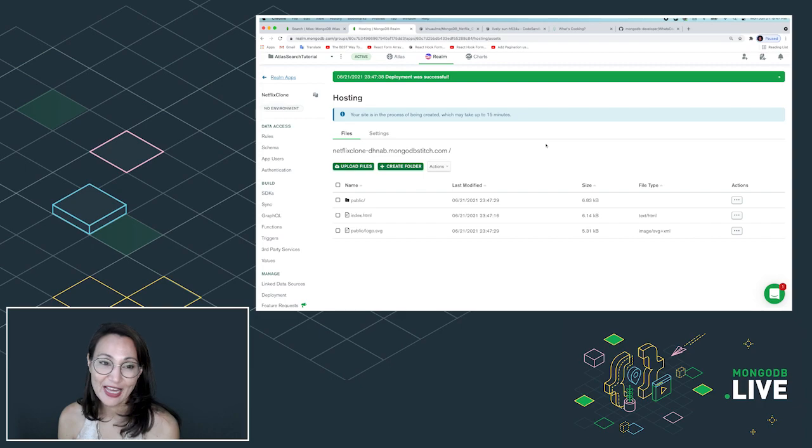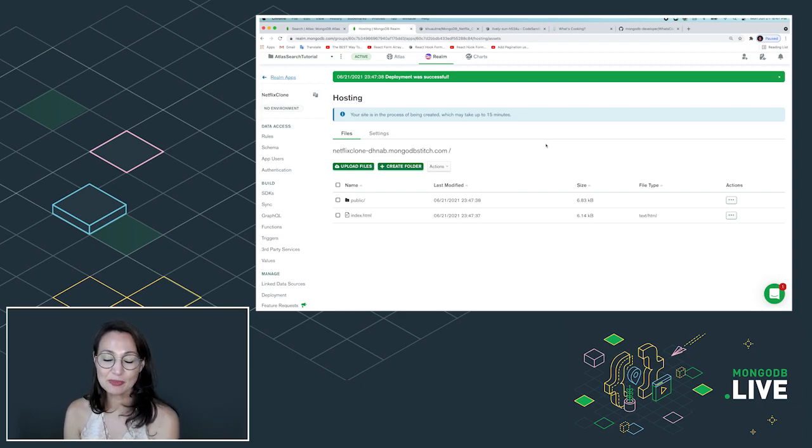So now I'm deploying, and it says it's going to take 15 minutes, but it's not going to take 15 minutes because it's pretty simple. When it's ready, when it's cooked, it's going to be here inside of this URL. So we're going to come back in a second and see how that URL is doing.